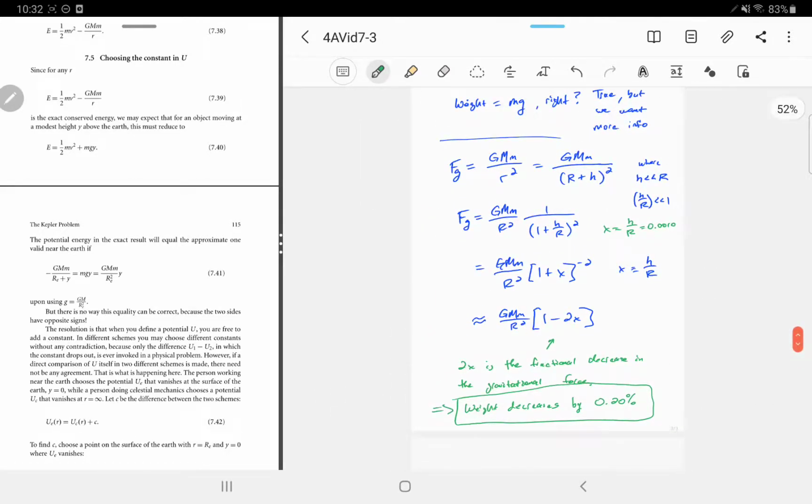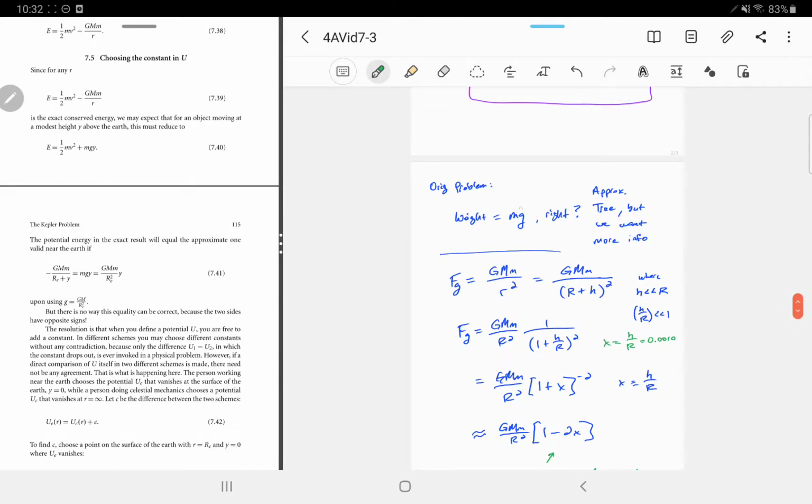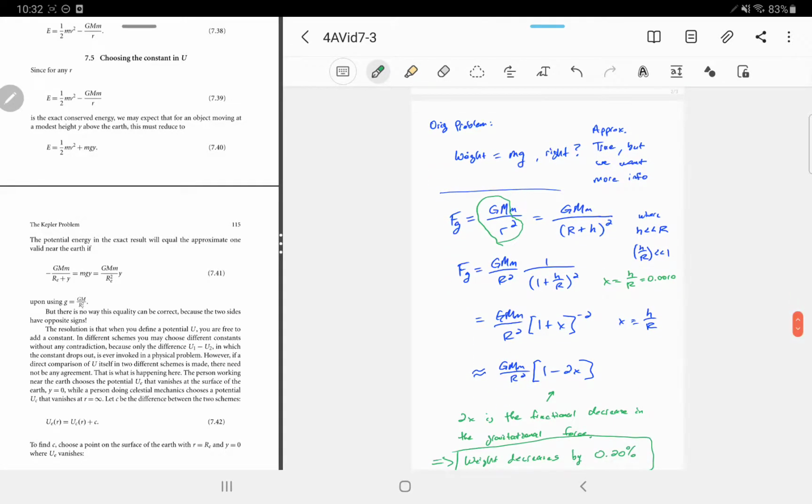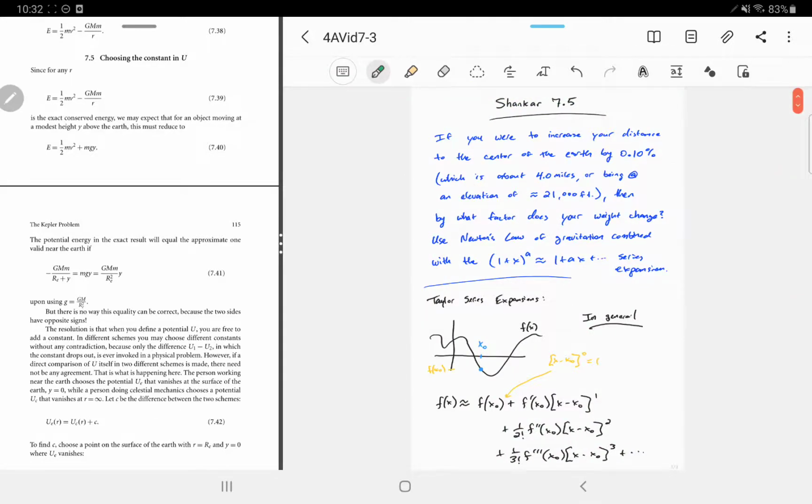So notice how we didn't have to plug in. Another way you could do this, and you might want to double check our answer by doing this: weight equals mg, and g equals capital G M over r squared. So you could plug in G, plug in the mass of the Earth, and plug in two different values of r, plug in the radius of the Earth, and find out the value of g. You'll get 9.81, 9.82 meters per second squared or something like that. And then plug in not the radius of the Earth, but the radius of the Earth plus this 4.0 miles,